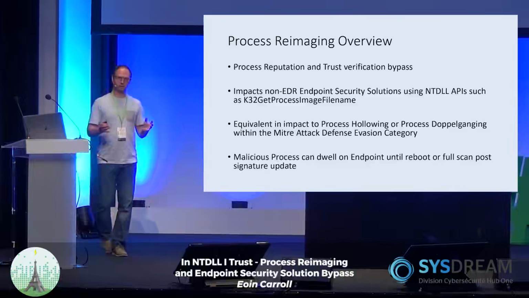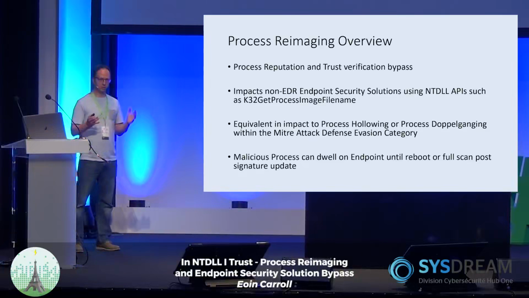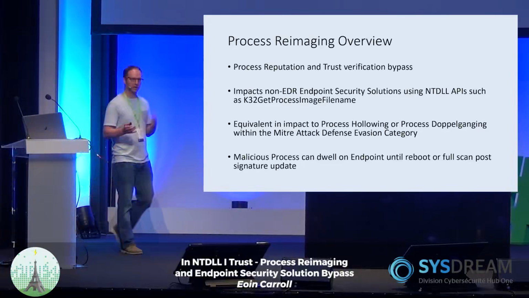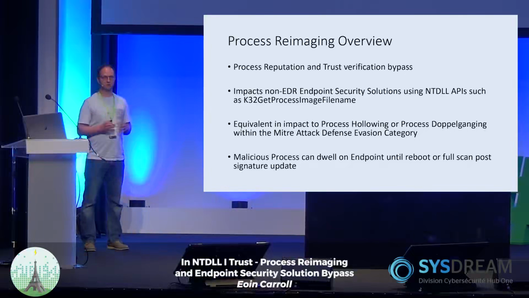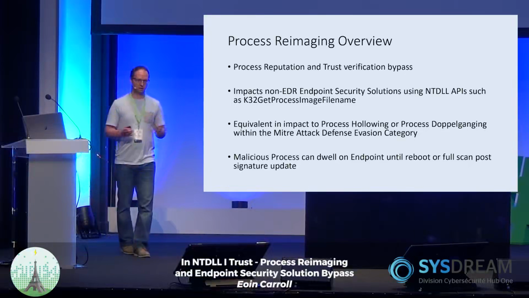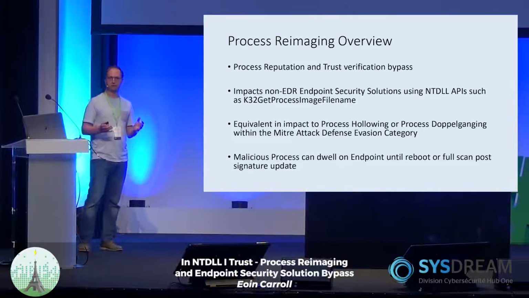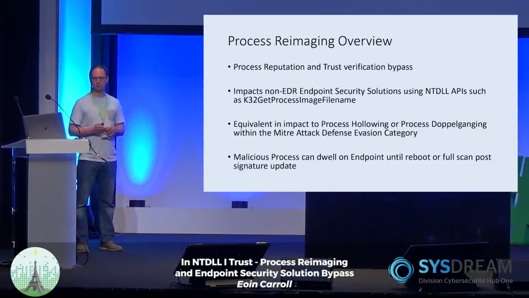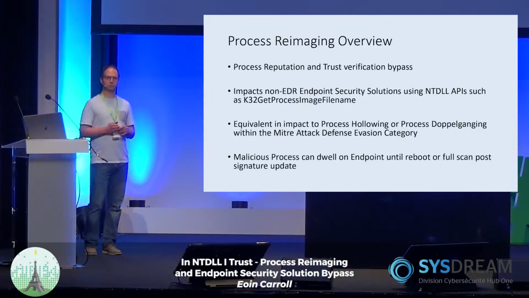Now, I do want to highlight here as well that process reimaging targets non-EDR type security solutions. With EDR type solutions, if they're configured correctly, they can trace processes and can detect this. So this would target specifically consumers and people who do not have EDR, such as small and medium enterprises. As I mentioned, it's equivalent in impact to process hollowing and process doppelganging. And it's highly likely that every endpoint security solution is vulnerable to this, because they're going to be dependent on